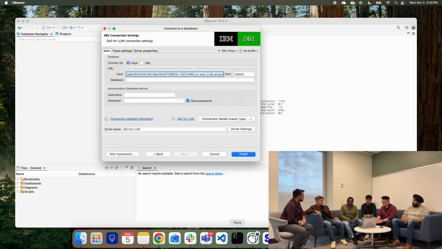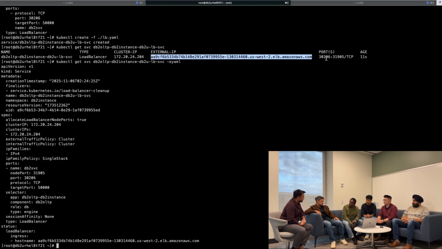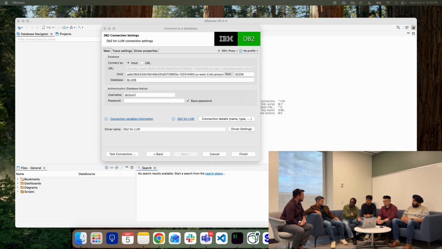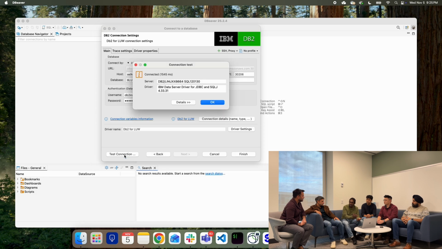Awesome. So we have it running. Could we actually connect to it, Aruna? Yeah, it's really easy. So what I'm going to do is I have already created a load balancer service using the node port service that was created during the Db2 instance deployment. And I'm going to use DBeaver, which is a very popular database management tool, and create a new connection and just plug in the external IP endpoint and the port from that load balancer service into the connection settings for host and port, as well as the database name,